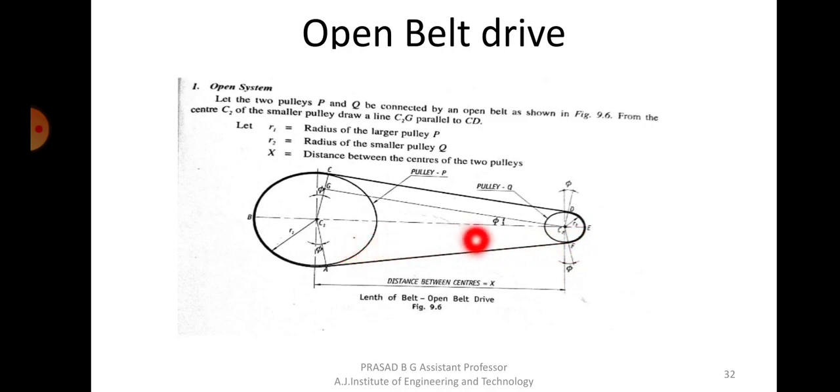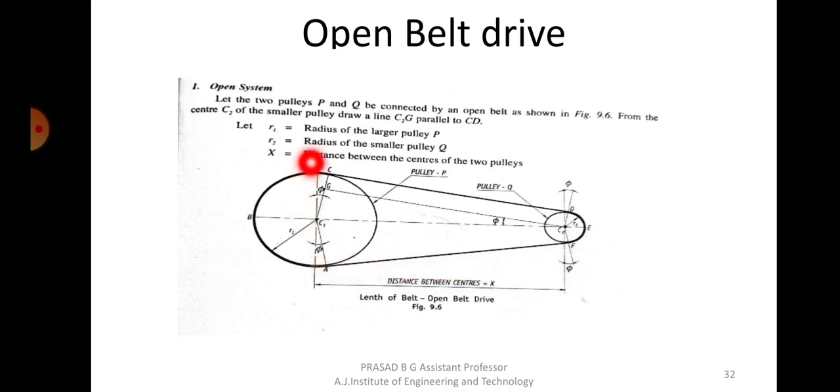Similarly, on the bottom side, this part will be called the tight side. Why should it be tight? Here the top should be a little loose, as I told you, but here it should be very tight. Again the same concept, to increase the arc of contact. If I make it loose here, it will sag down and have contact somewhere here. So the arc of contact will be less here as well as here. That should not be the case.